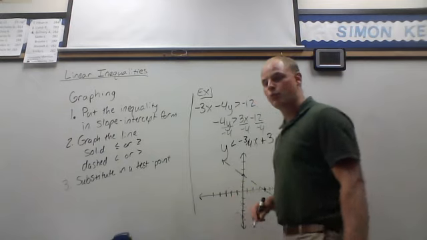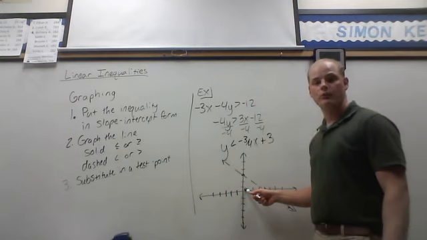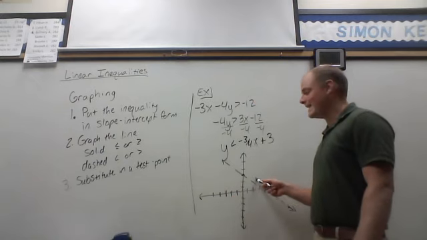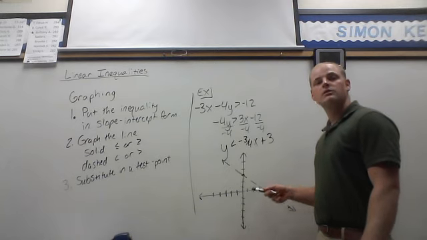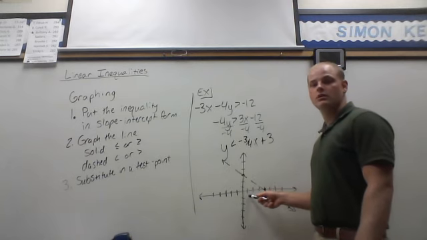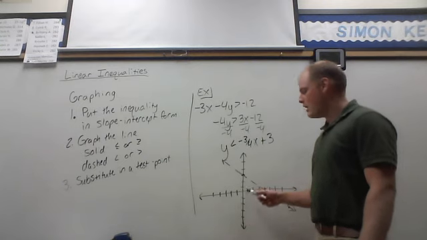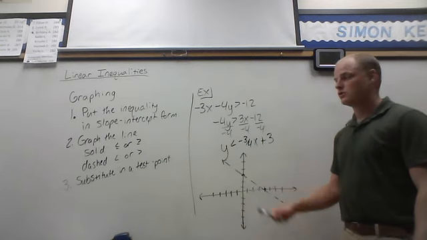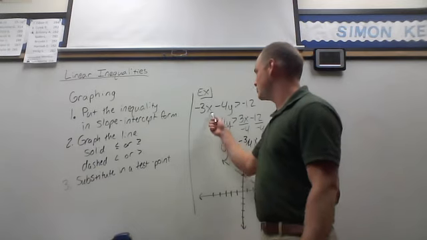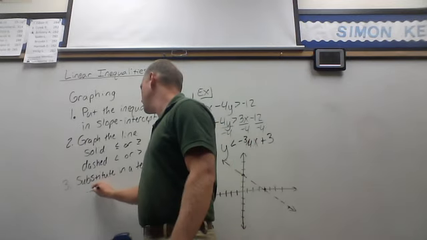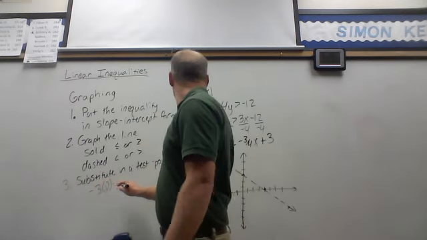The easiest test point to use would be 0, 0. The test point that you use, though, cannot be on the line. So if your line goes through the origin, then you can't use 0, 0. Ours, though, doesn't, so I can actually use that. So if I substitute in 0, 0,